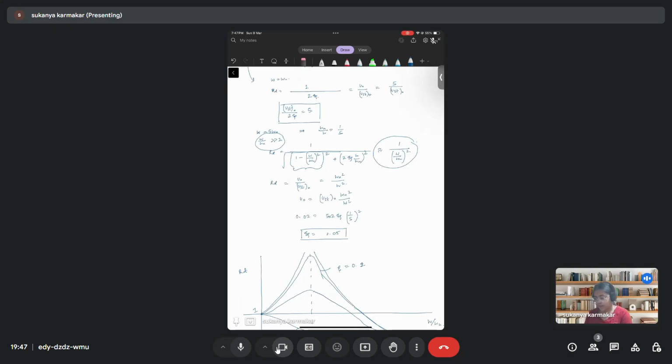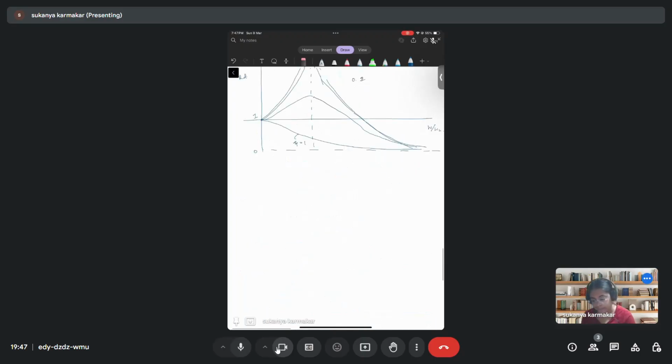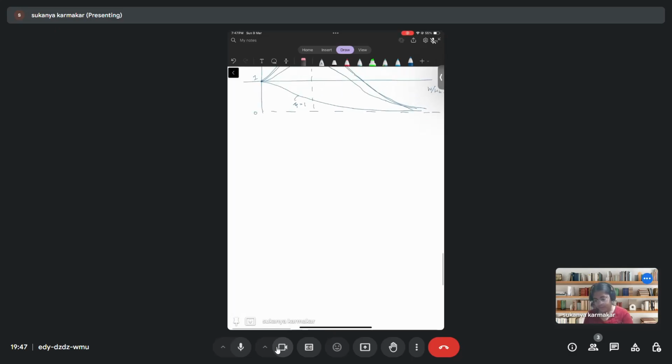Okay, last class we had derived the transmissibility ratio when a force P naught sine of omega t is acting on the object, and I had told that if there is a ground motion, then the transmissibility expression remains the same, but we had not derived it, so let's derive that. Just for the sake of recap, this is what we had seen,